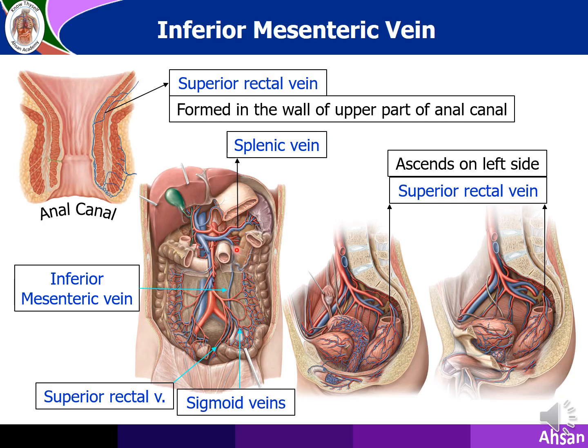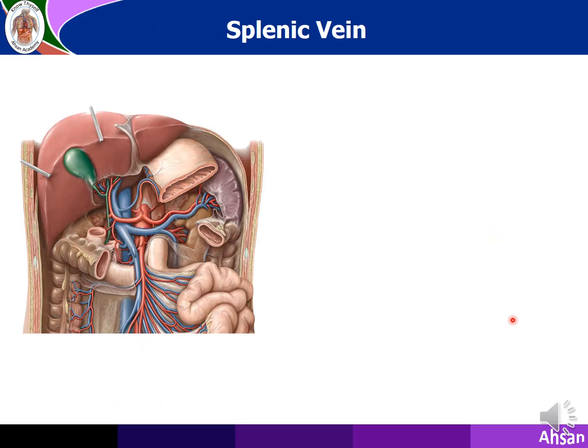This is the splenic vein. It is opening on the left side, so it is following the course on the left side of the abdominal wall. Vertebral column is on its right. We can see this one is the splenic vein. Let us label it. This one is the splenic vein. This one is the spleen.